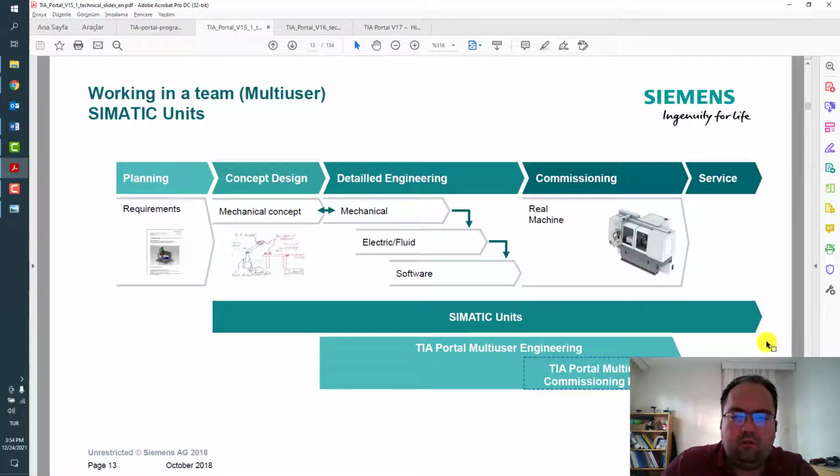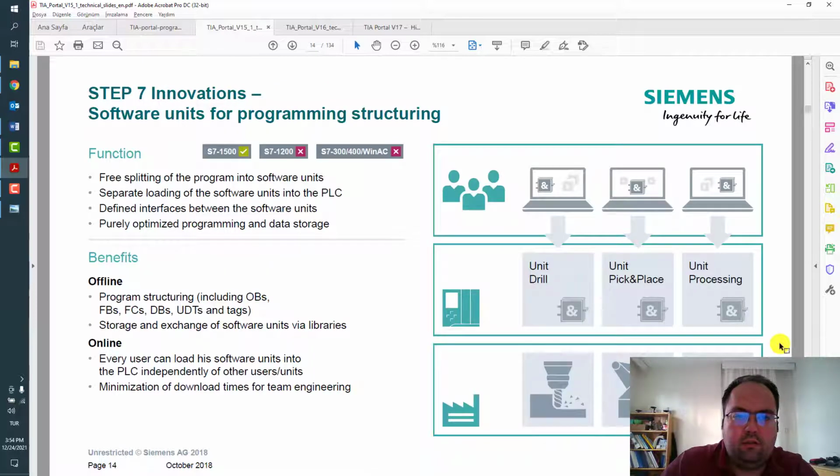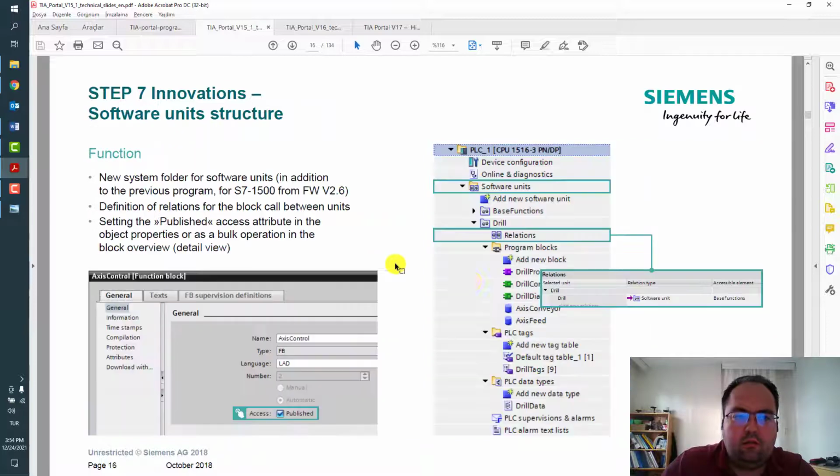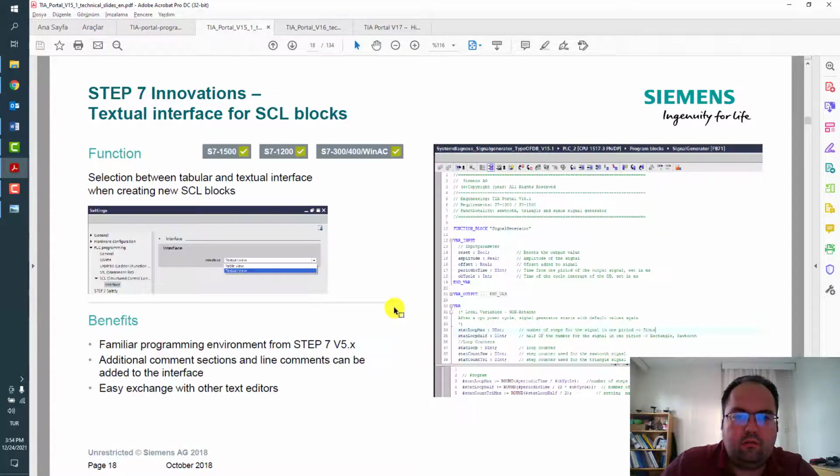There are some innovations like multi-user engineering. You can see which platform supports this function. For example, software units: you can create modular programming inside TIA Portal. Properties and structure of the software.